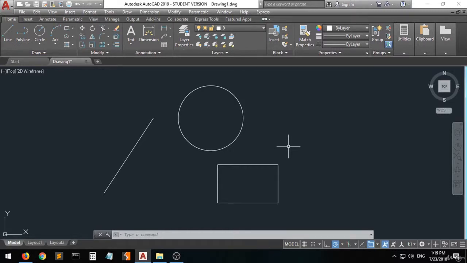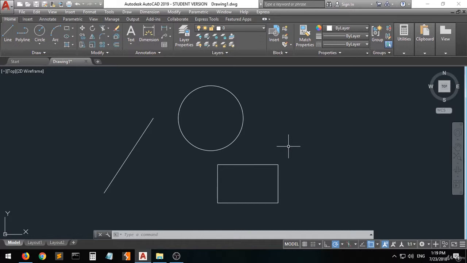Hi guys and welcome. In this lecture I'm going to show you how to set up AutoCAD for 2D drafting. We're going to set up the workspace. We're going to choose the right workspace for 2D drafting, and then we're going to set up the dimensions or the units of AutoCAD. But first, the only thing that you're going to use when creating 2D shapes are the